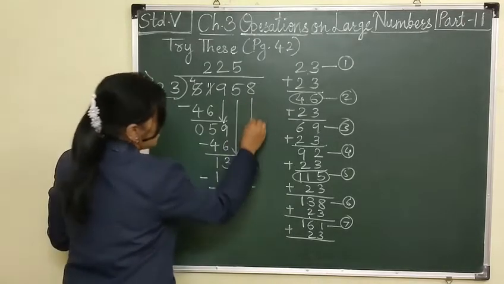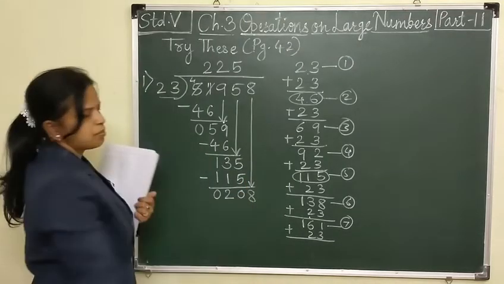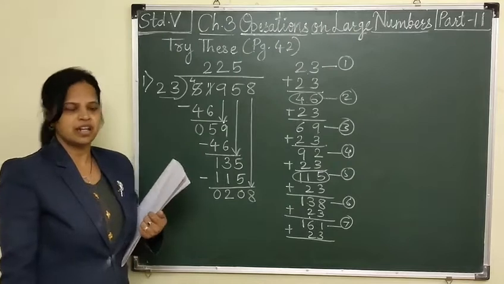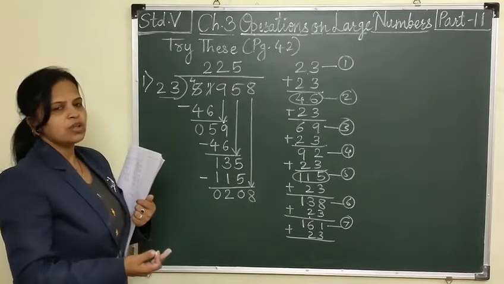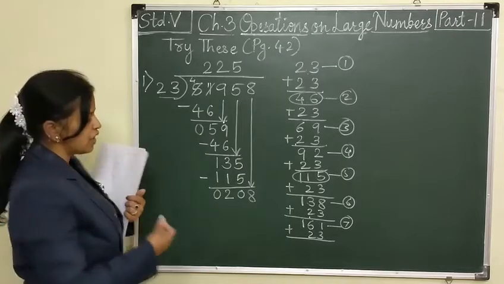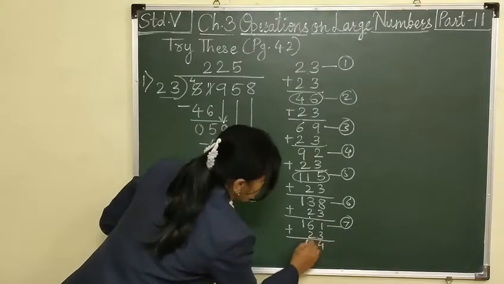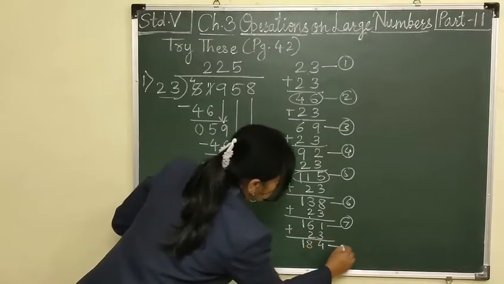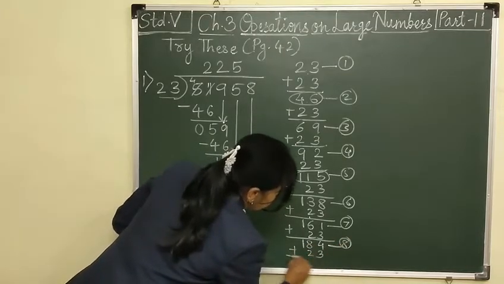Now take this digit 8 down. Now we should get exactly the number 208. Is it present there in the table of 23? We should check it. If it is not there, we have to see the smaller number which can be subtracted. Now 3 plus 1, 4, 6 plus 2, 8, 1 will be as it is. This is 8 za. I will check again the next number.